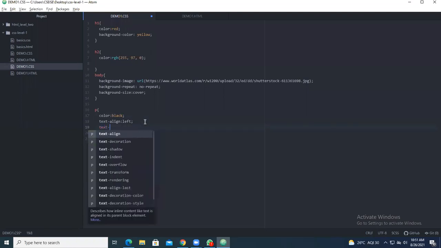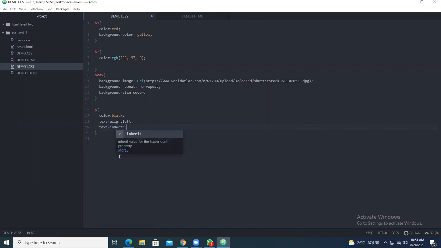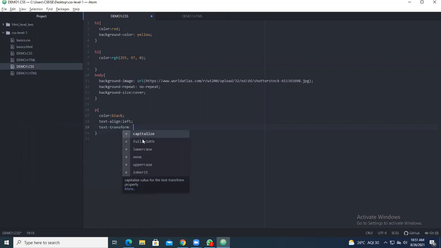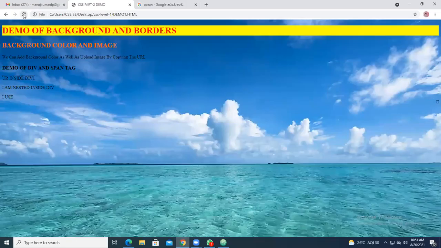Some other things: text-indent can be used, text-align can be used, text-transform. Transform can be capitalize, full-width, lowercase, uppercase like that. If you give capitalize and see the content, each word is capitalized in the paragraph.